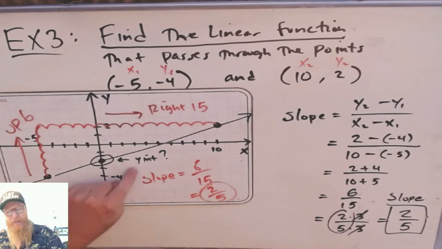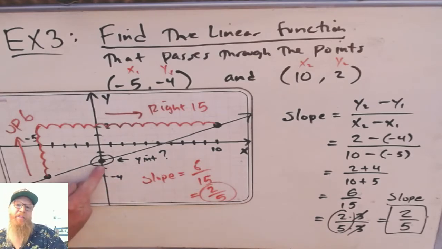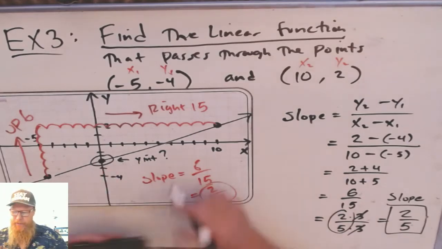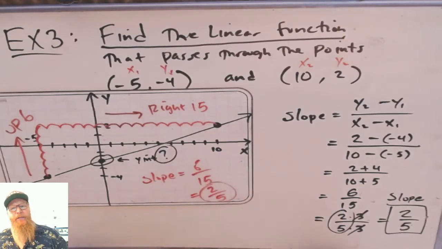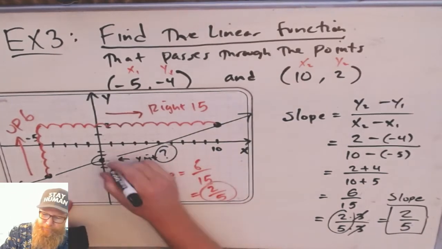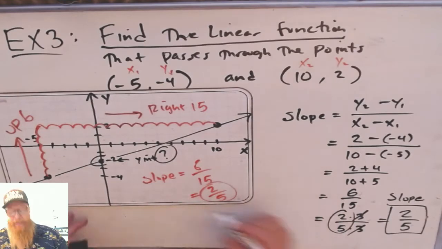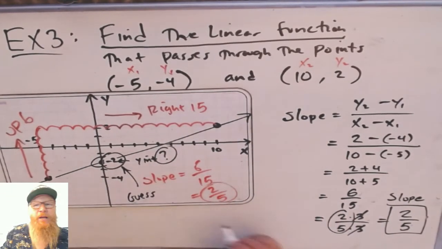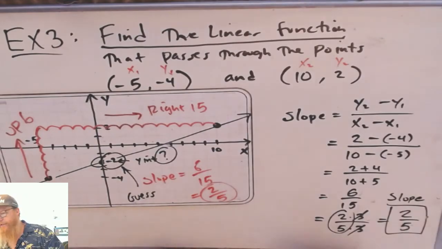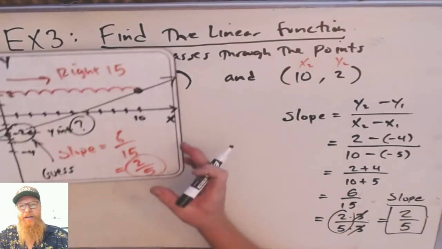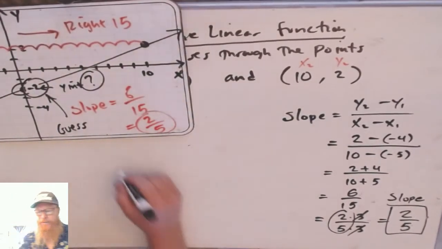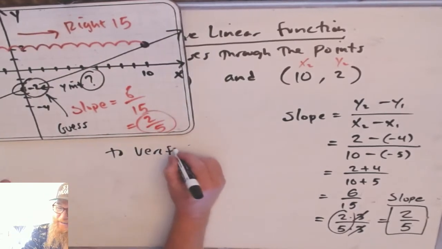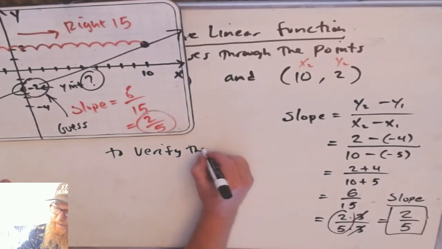So why don't you just go ahead and guess based on the graph? We think it's negative 2, so that's our guess. I'll just go ahead and write negative 2 right there as a guess. But I want to make sure that it's actually negative 2. So this is the way you do it. All right, to verify the y-intercept,